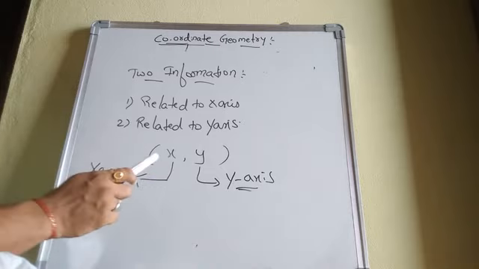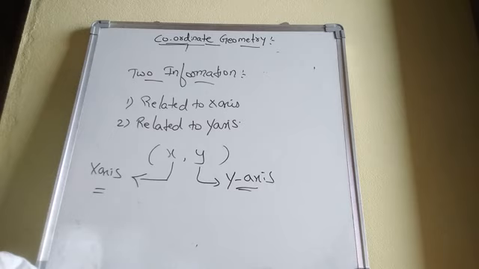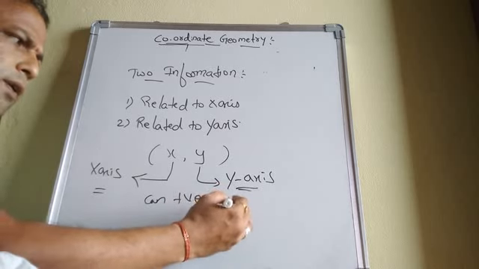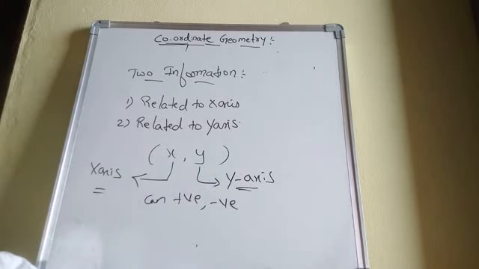Now what will be the kind of numbers here, x and y? This x and y can be positive numbers or negative numbers. It can be any numbers, okay? So both x and y can be positive and negative numbers. Based upon these positive and negative numbers, students, we will be learning where this point lies, the position of these points, in our next video. Okay students, thank you.